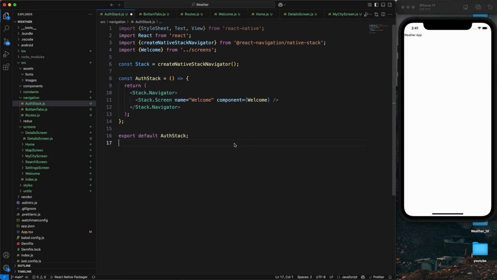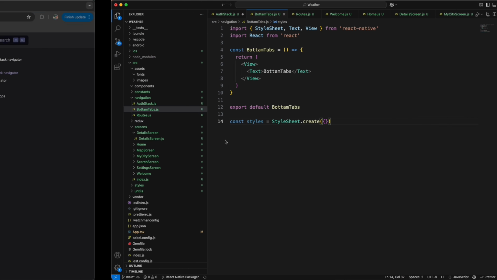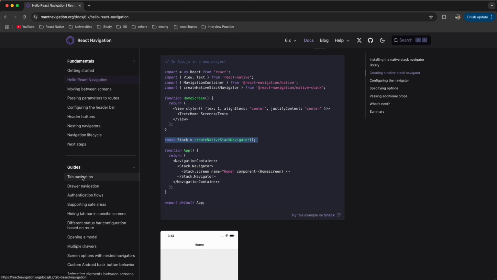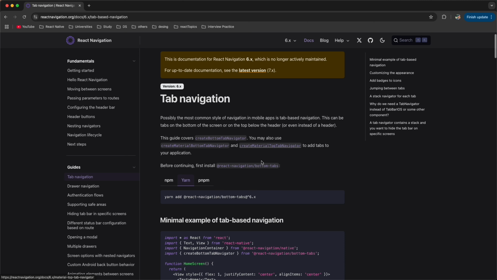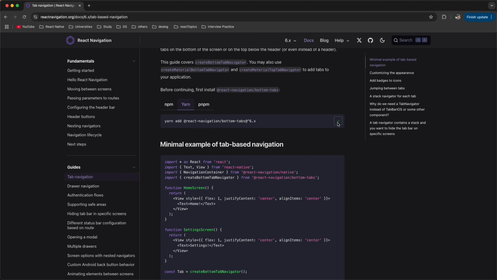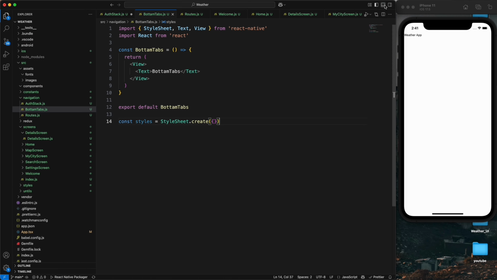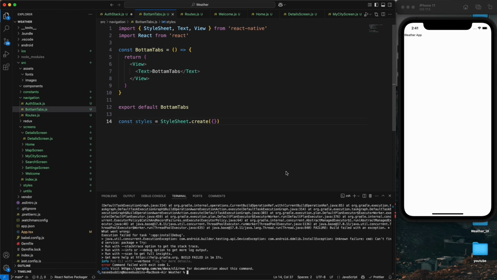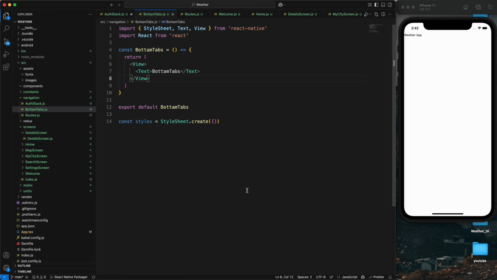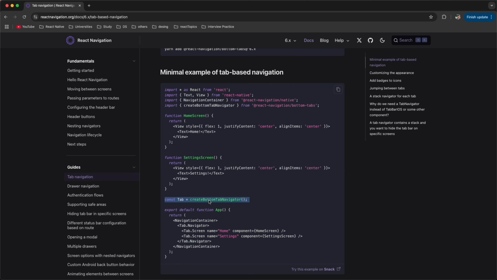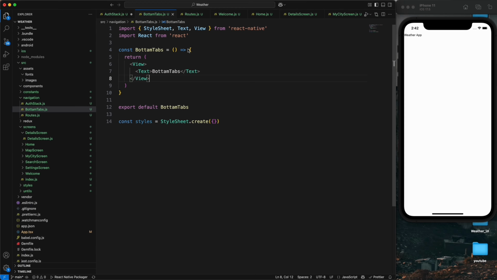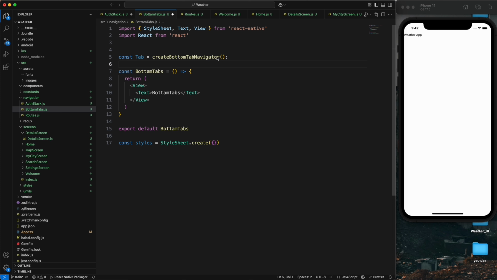And now we are going to add the bottom tabs also. Tab navigation, this part, when you click this, you just install the bottom tabs. Just come here, copy. So we are using the React navigation 6, just copy and paste it. And we're going to add the bottom tab. So for that I'm going to the browser, see the example. So just copy this line, tabs, create bottom tab navigator, and come here and just paste it and import